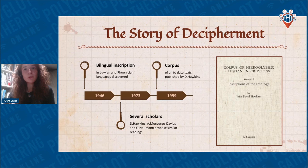The corpus of text was published with all those meanings of the signs, and this is a wonderful publication. If you want to do anything with Luwian hieroglyphs, I really heartily can recommend you this corpus. It's a huge book of over 1,000 pages, but it contains all of the up-to-date texts. So until